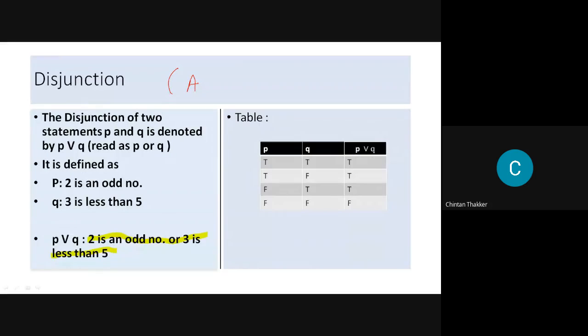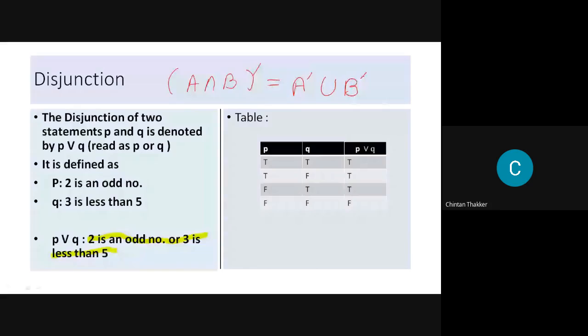A intersection B complement, that is (A ∩ B)', is equal to A' union B'. In De Morgan's law in set theory, the complement of union is intersection.